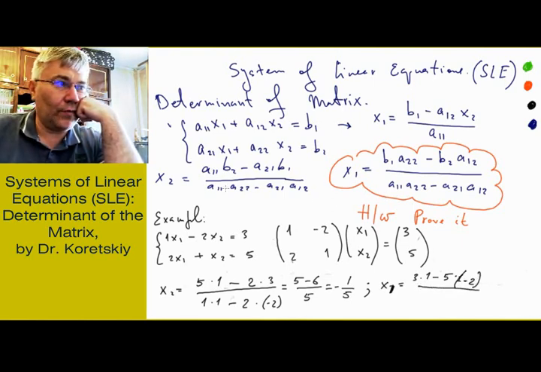You can notice that for both of them, x1 and x2, the denominator is the same, so I can take these 5,